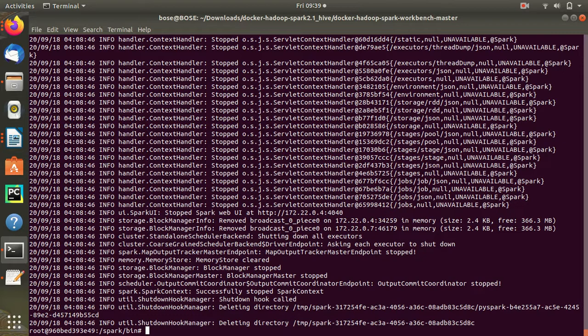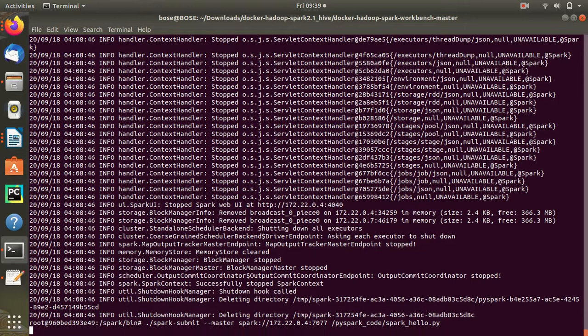That does not happen. At that point of time, you can restart it. That would help you. After that I submitted this command, spark hello world.py, which we had created previously in the folder PySpark code. Now once I submit it, I will just do it again.